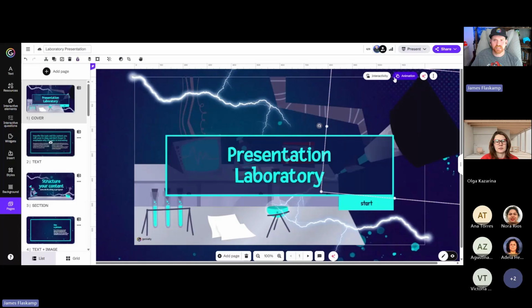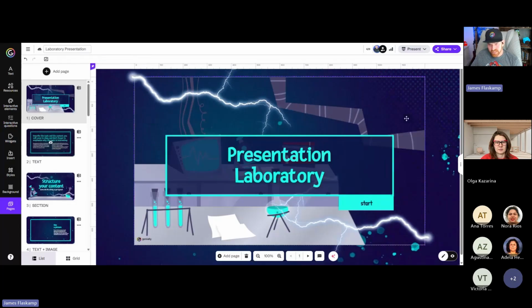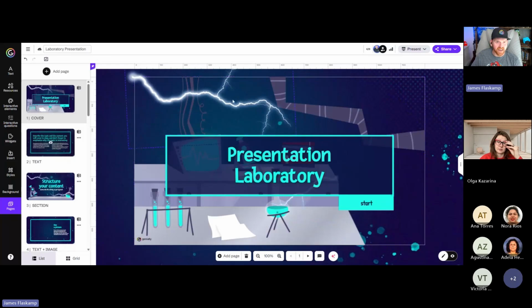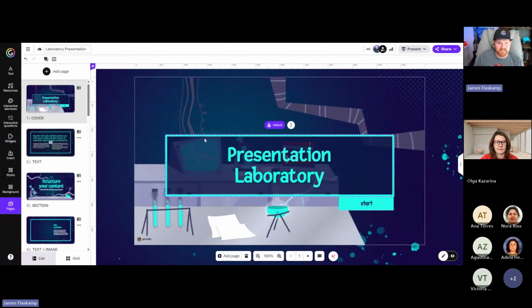But it's very easy to unlock them, like this guy right here. I can click on it and then click unlock, and now we can delete it out. This guy we don't need either, so we'll unlock it, delete it out, unlock, delete. Very simple to do. And if you ever do need to lock something, it's kind of the opposite.